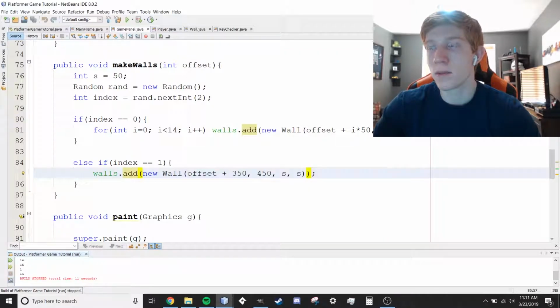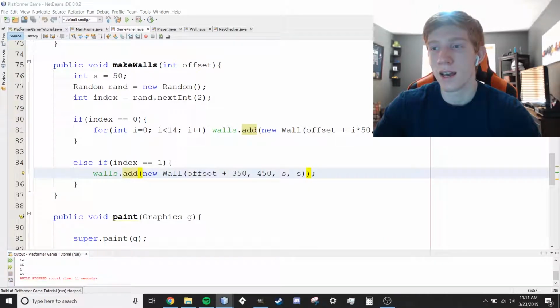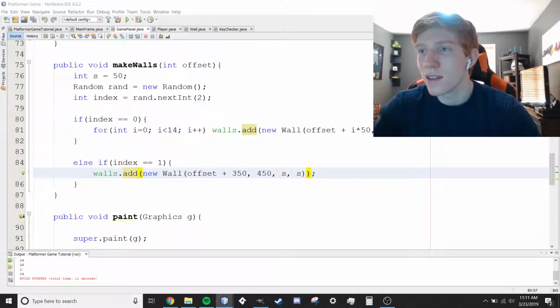I'm going to copy paste a bunch of mine in because I don't want to take the time to actually recode all of those again. And if you want to just use mine, I'll put them in the description down below. So far, I've made 1, 2, 3, 4, 5, 6, 7. I made 7 of them so far. So I'm going to copy all of these over. If we copy right here,